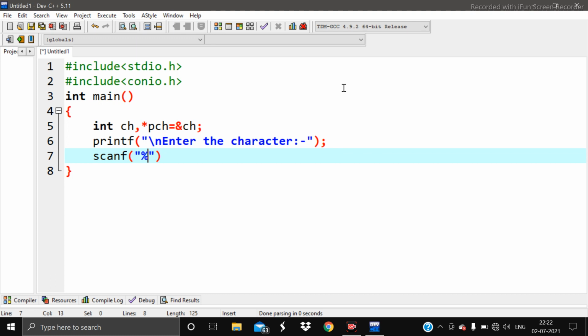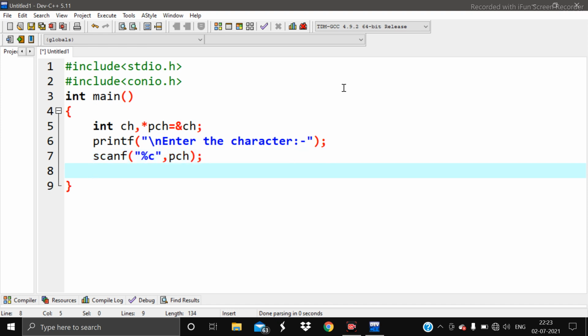If we are supposed to take the value as a number, then we may use %f for the float data type, or here in this condition we are using the int data type, we may use %d, but we want to take the value as a character. So for taking a single character, we use %c as the format specifier. Now the pointer name is pch. Then scanf close. Then we show the values to the user.